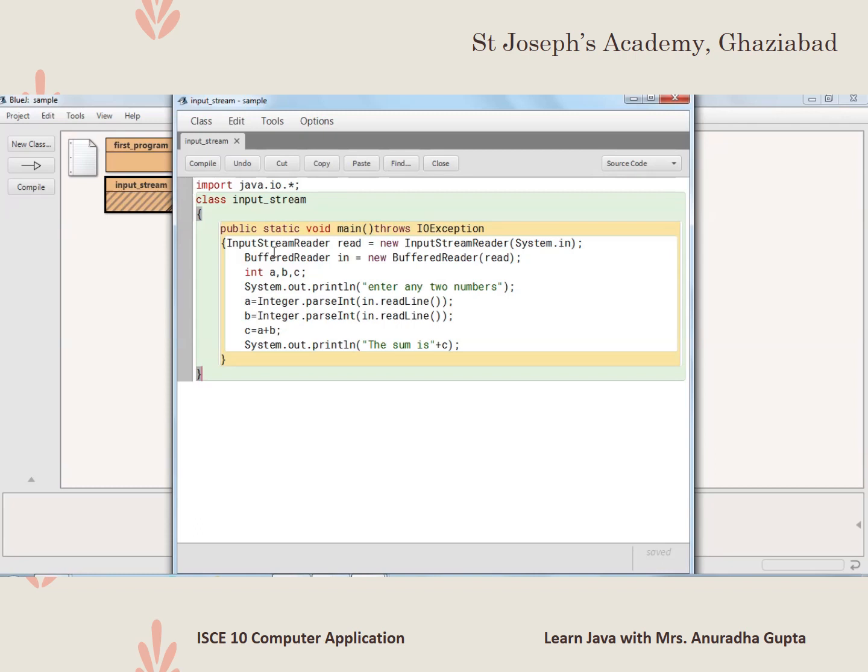As in this program we are using the InputStreamReader class, we first import the package java.io, then the main function is followed by throws IOException, then we created objects of the InputStreamReader class and BufferedReader class.